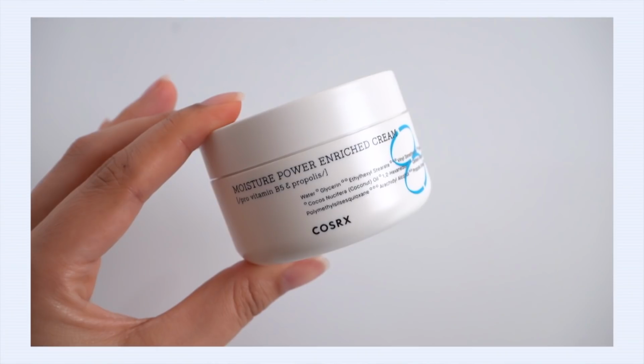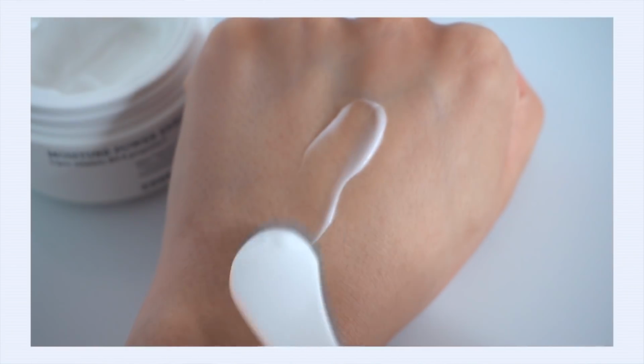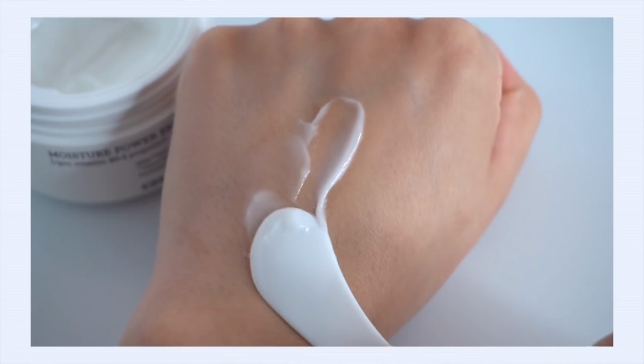And one that I ended up really falling in love with is the COSRX Moisture Power Enriched Cream. Wow, I love this. Ceramides, cholesterol, fatty acids. Yes, I think there's some propolis in here too. I really like it. It's everything in a moisturizer that I like. All the ingredients that are really barrier supportive. It's got a really nice medium weight texture, the right amount of occlusivity that doesn't seal my skin up